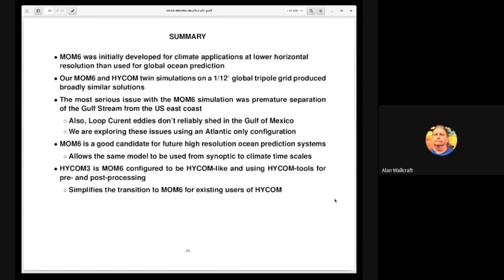The most serious issues were in the Atlantic. In particular, the premature separation of the Gulf Stream is worrying. The non-shedding of the loop current eddies may or may not be related to the same problem. And of course, we did see also the overturning circulation in the Atlantic was a little bit